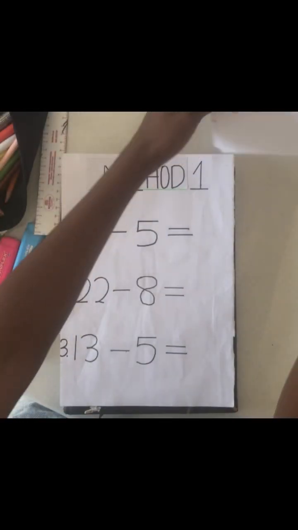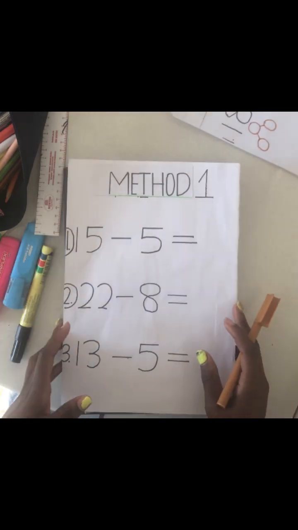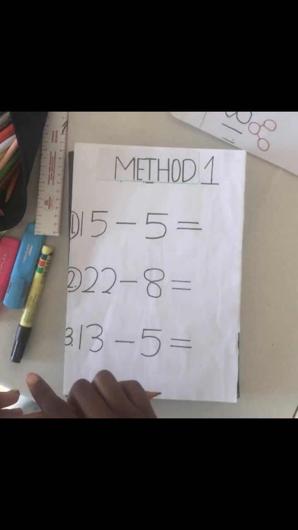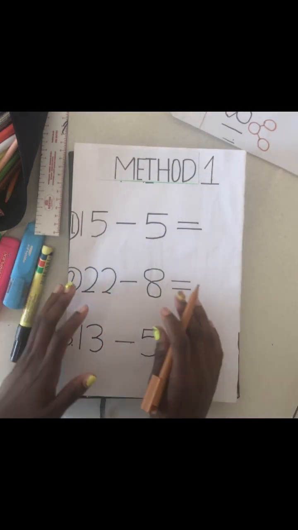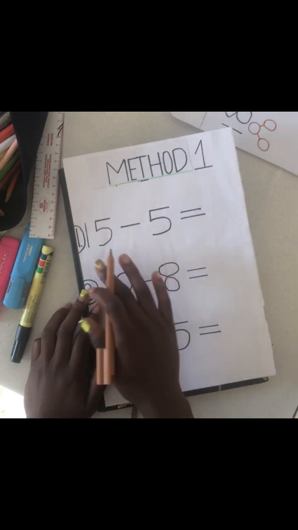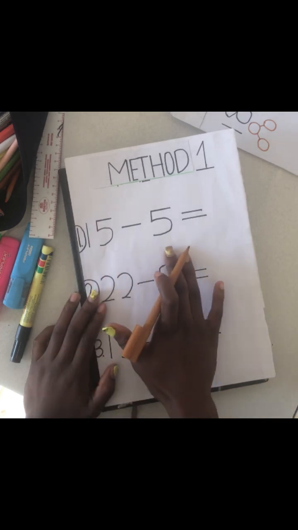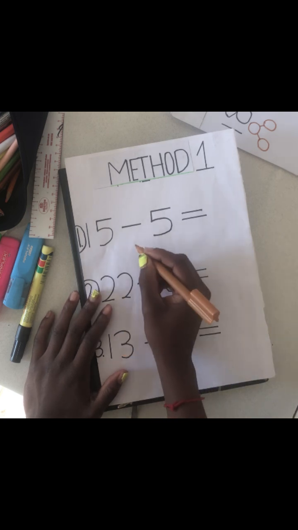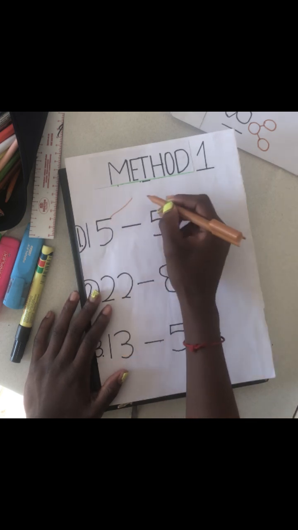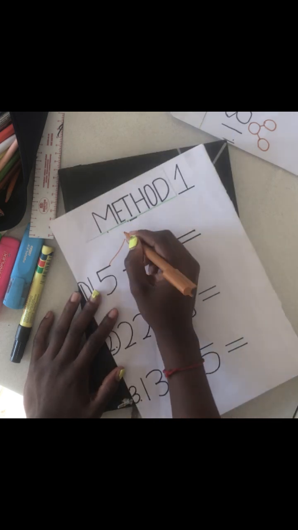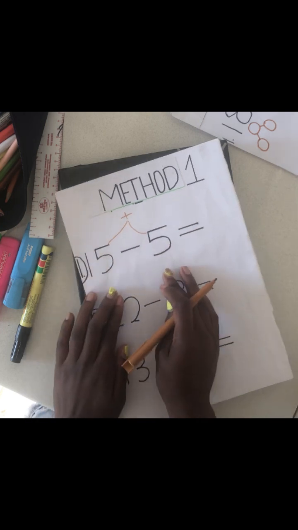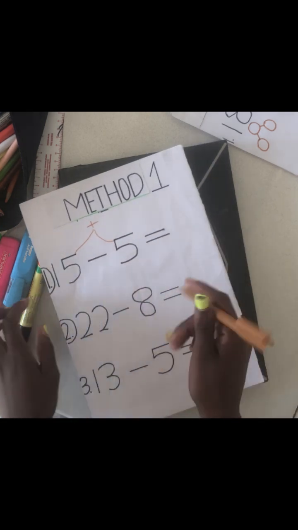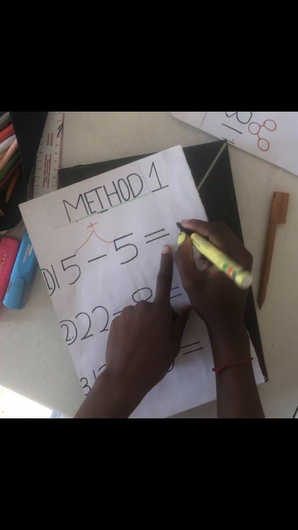So the first method is a little bit tricky, but it's fun and it needs attention, right? So as you can see, number 1 says 15 minus 5, right? So the first thing you have to do is just add this 5 with this 5. Just add them together. So when you say 5 plus 5, it's going to give you what? 10. So the answer here is 10,